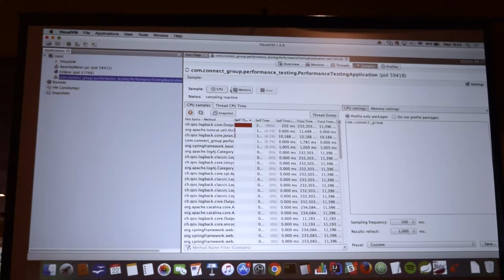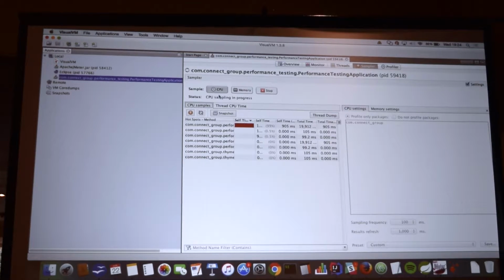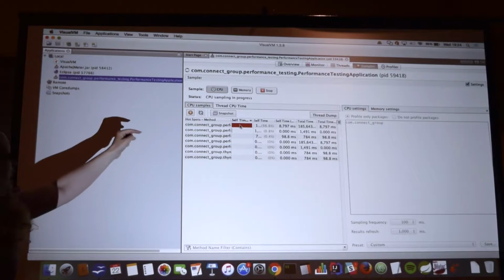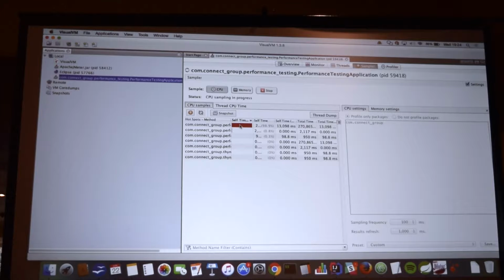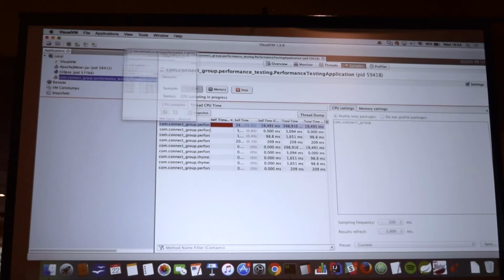And if I restart that now, you can see that it's only monitoring the packages in my application. There's one class in particular that's really hogging all that CPU time. And if I click on that, try and work out which class that is,